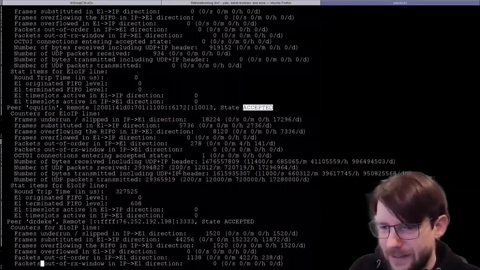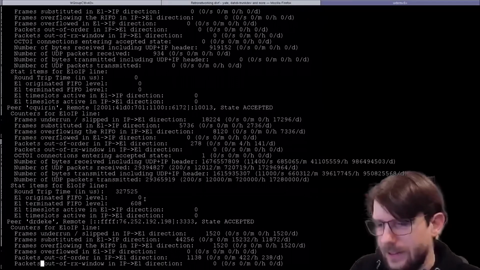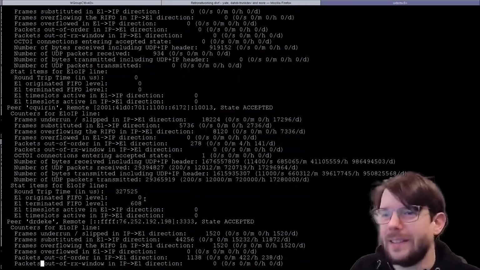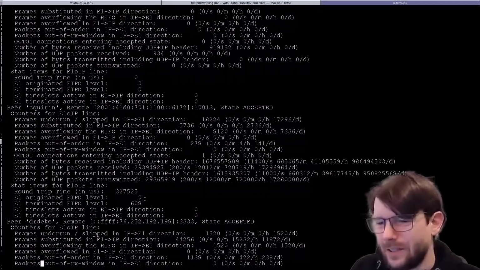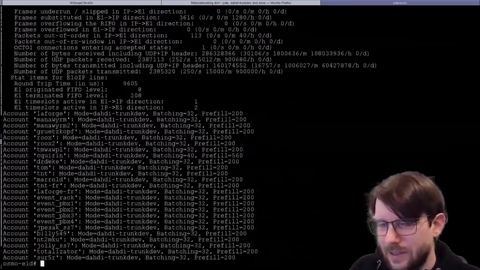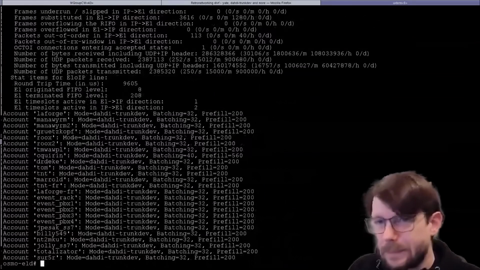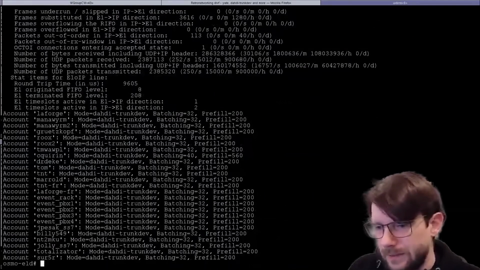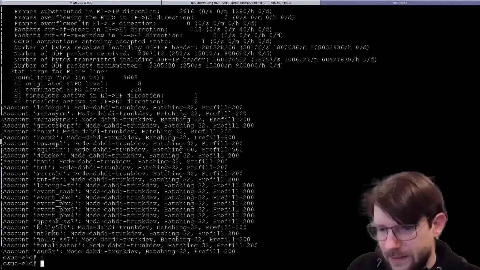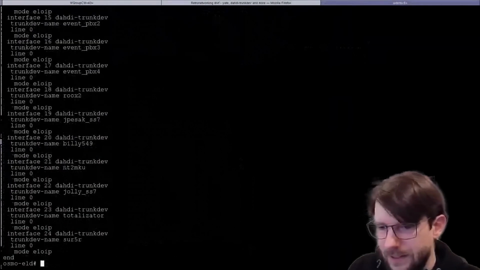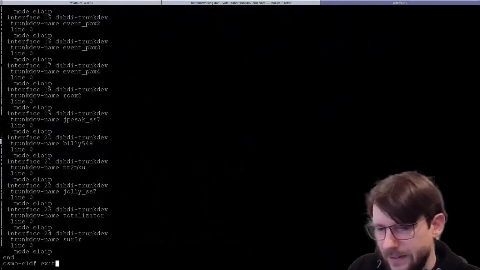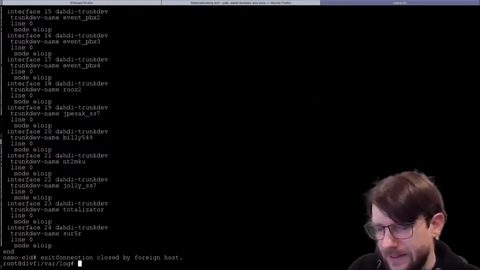And we get a state. We also see the current round trip time and so on. All of this, we have a nicer way to visualize in Grafana, which I'll also show you. Just wanted to give you a very quick look at Osmo E1D here, how this works, and you can also have a look at the config file and so on in here. So that's not very exciting, but